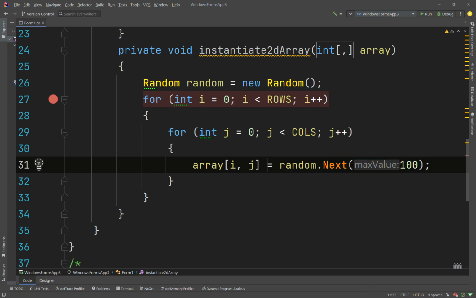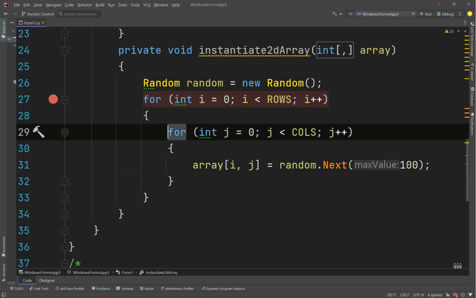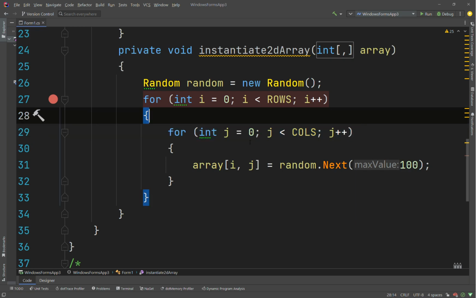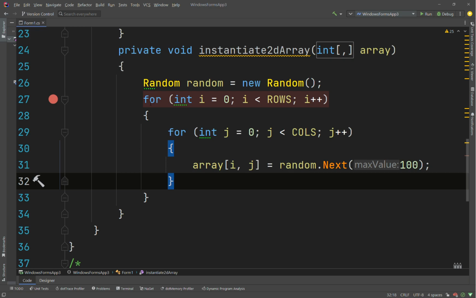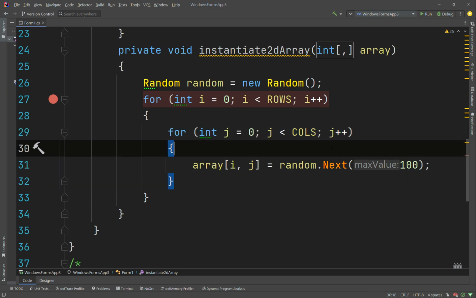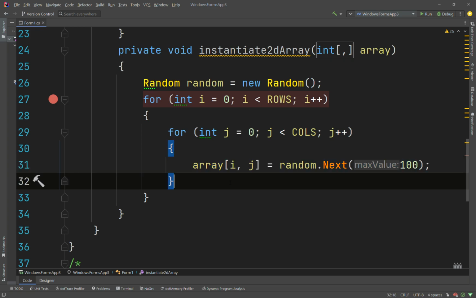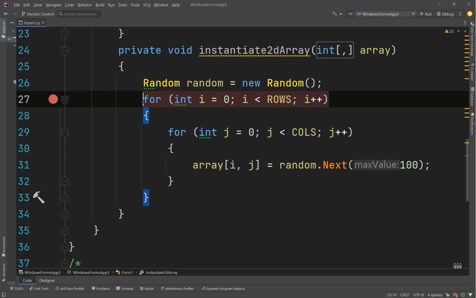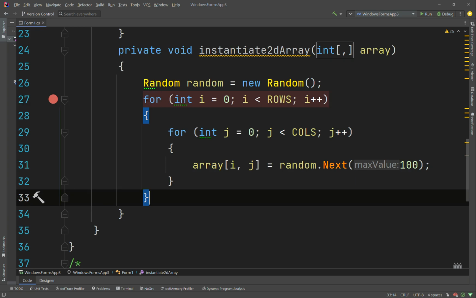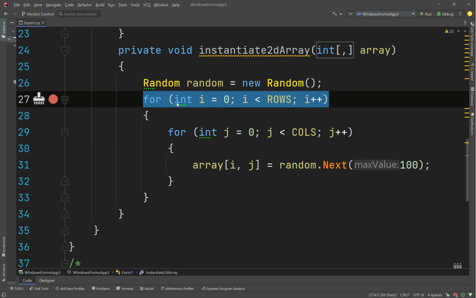Then go to the bottom of this for loop, loop back up. Now j is going to increment by 1. So for j points to 1, j is less than 3, j plus plus, array of index 0, 1 is going to get filled, go down. It's going to get the index 0, 2, so the last one. Going to fill that with a value, go down, then it's going to check the condition. It's going to say, okay, j is 3, is 3 less than 3? It's not. So therefore this loop's going to get skipped. It's going to come down here, then go back up because there's no more code. It's going to check the condition. Since this was still iteration 0, this is going to become iteration 1,